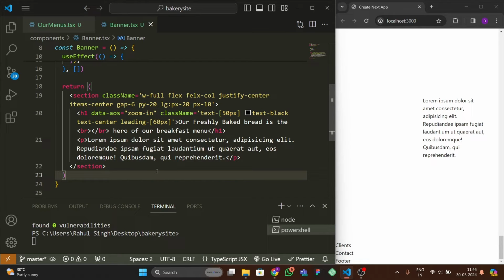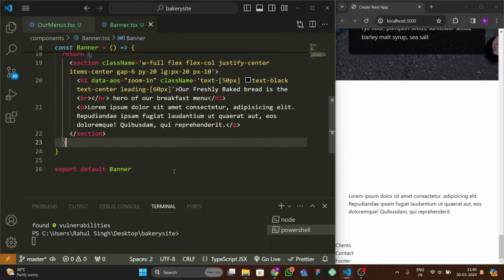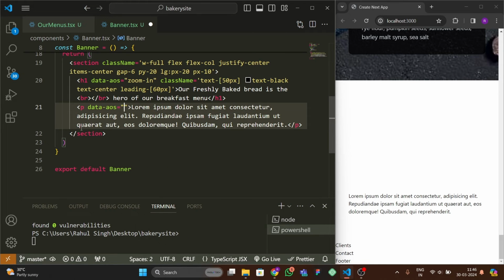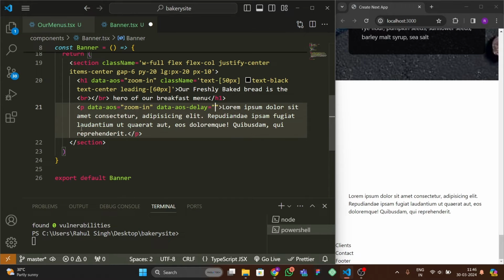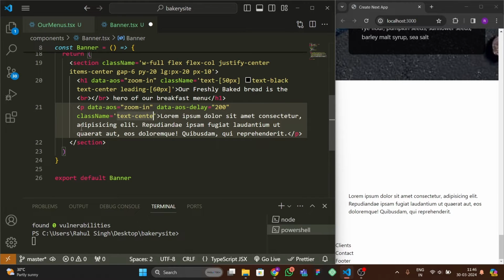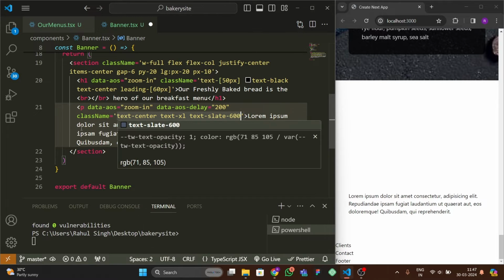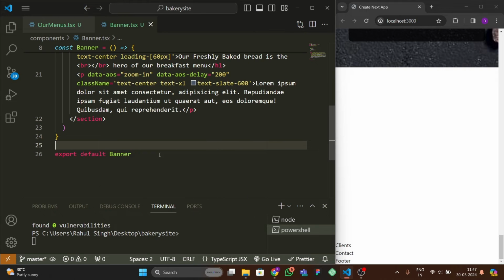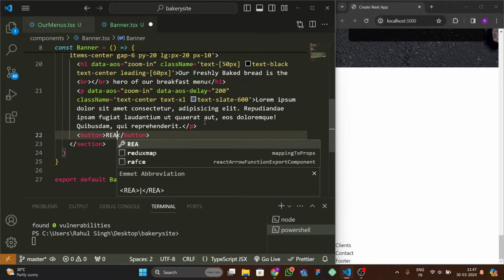Okay, then after that we have to, okay, so here I think we have to flex-col. Okay, then perfect. Then after that in the p tag let's give some animation data-aos zoom-in, and let's give some delay time. Data-aos-delay would be 200, and class name would be text center, text xl, text slate 600. Okay, then after that let's format this, and after this we're gonna give the button, and here we're gonna write